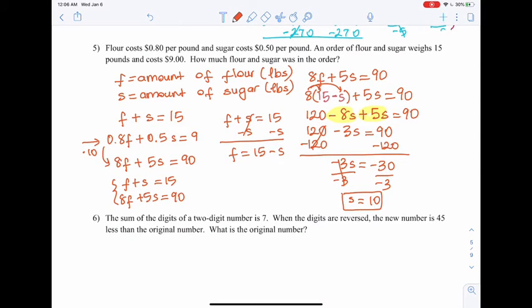If S is 10, then we can easily find F. Let's plug it in here. The first equation was, maybe I will use another color to show that step properly, F plus S is equal to 15. So F plus, we know S is 10 now. If you subtract 10 from both sides, F will be 5. And the last step of the question, let's write our answer in a complete sentence form, which is